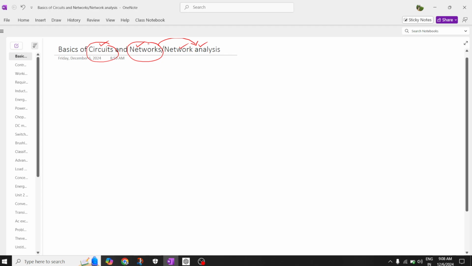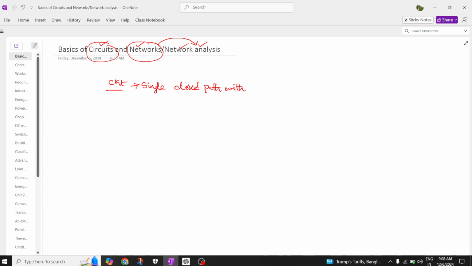So the basic meaning of a circuit is nothing but a single closed path with active elements and passive elements. Let's try to understand what active and passive elements are. In detail we will discuss the classification of elements also. No need to worry. So single closed path means, for example, the active element here I am going to consider